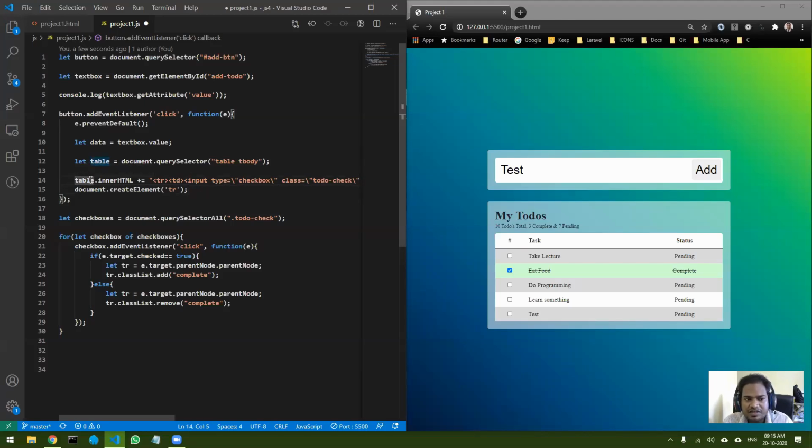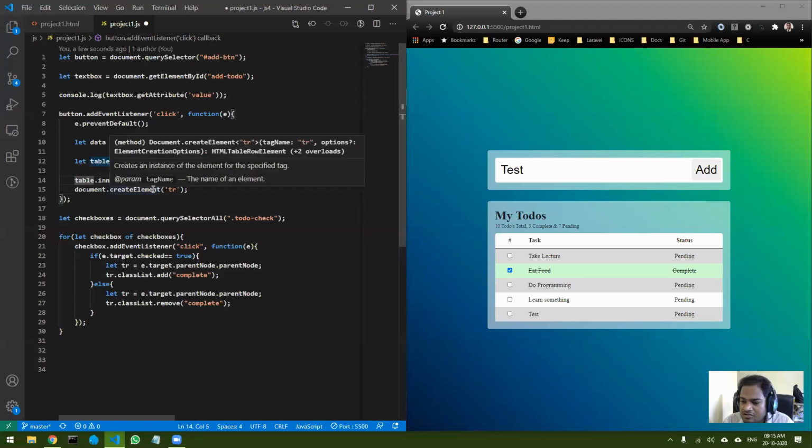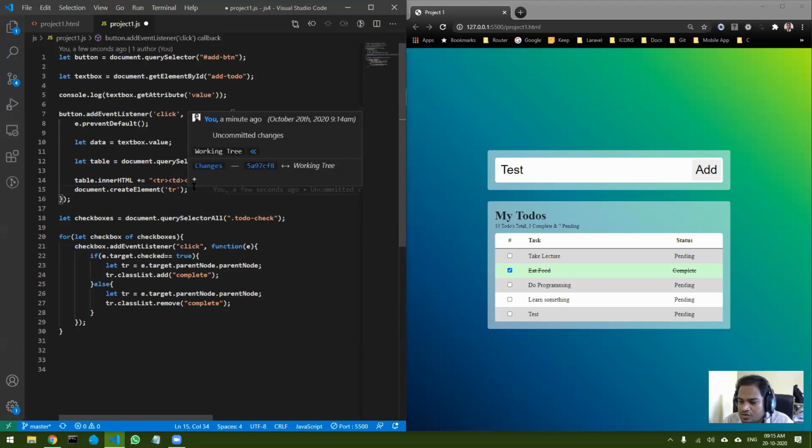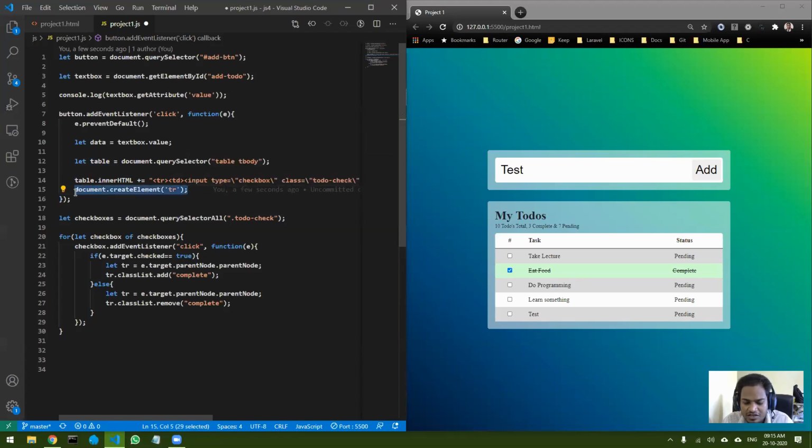This particular statement, setting the table directly equal to inner html, is like a shortcut. But the shortcut has a little disadvantage that it does not reflect the DOM directly. That is the problem. But if you do it this way by using document dot create element, then that will help in reflecting the DOM. Then that means, do I have to change the entire code? No, you don't have to change it. You can do it with this method also, by setting inner html also.